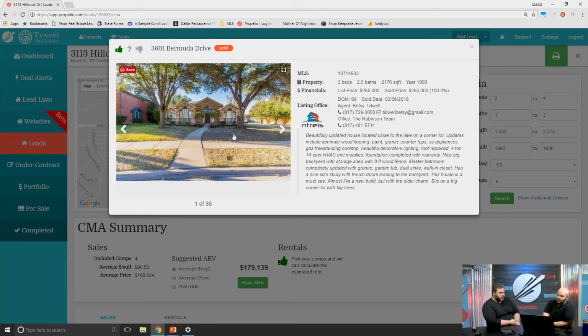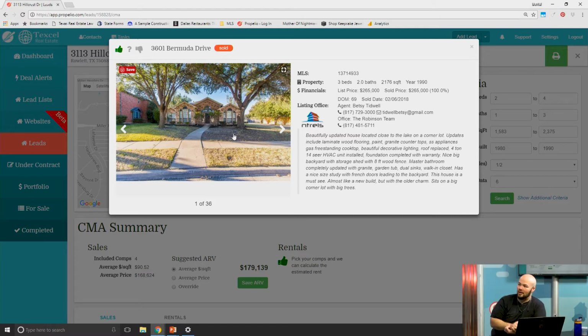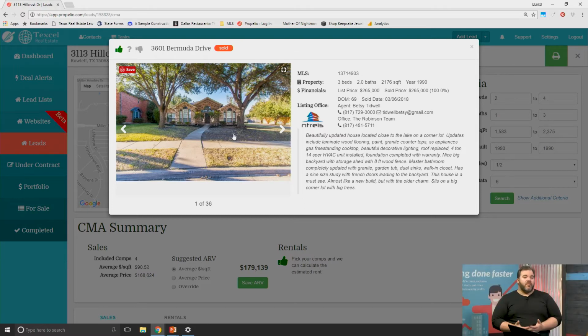If I float through this, one of the things that's a little bit different is my subject property has a front entry garage. If everybody remembers when I was looking at that Google Street View, I had a 2-car front entry garage. This particular property is obviously not a front entry garage. Am I going to let that stop me from using it as a comp? Maybe yes, maybe no. It depends on if I'm able to find more properties that are front entry. Here's a question that I've never thought to ask, and I don't think I've ever even heard it.